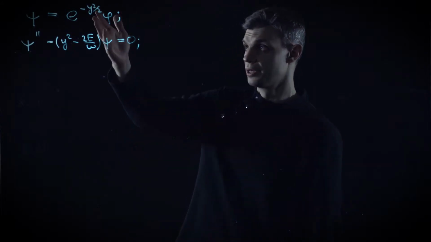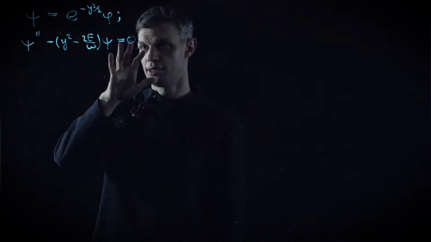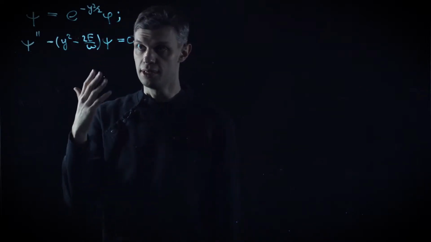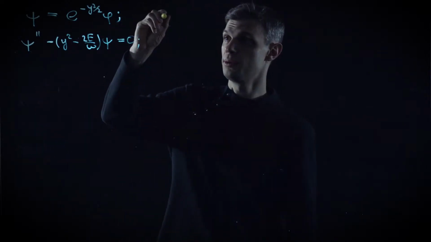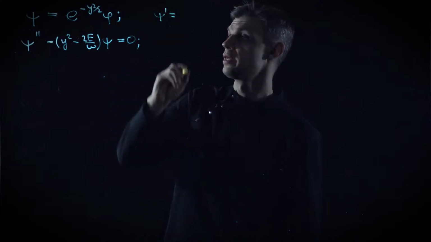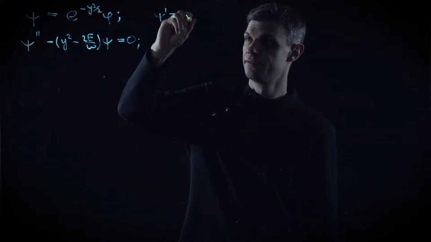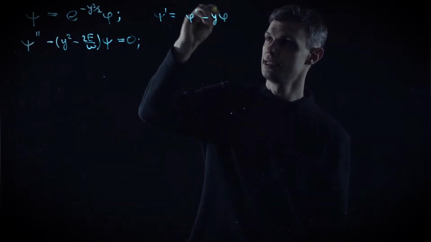Here we go. This is our change, and the hope is that when we recast our equation in terms of the phi function, it will become the equation with linear coefficients. So let's do this. First we compute the first derivative of the psi function, which is obviously phi prime minus y phi